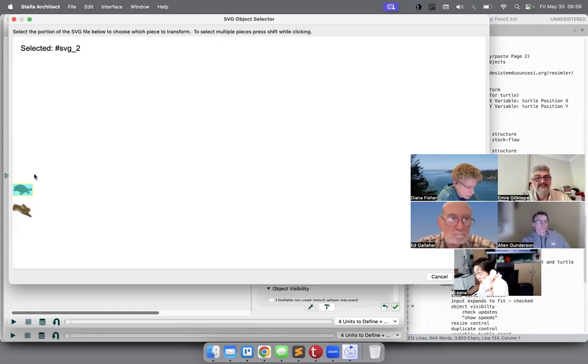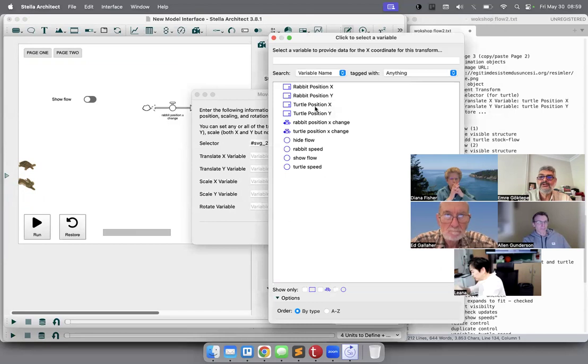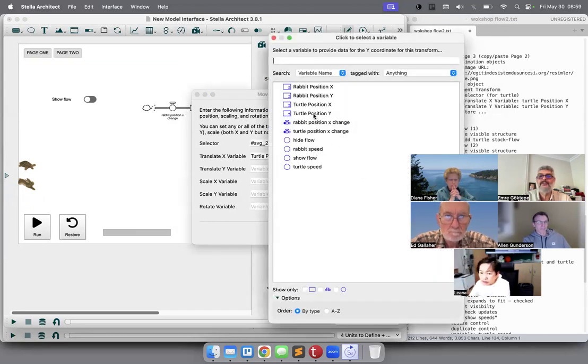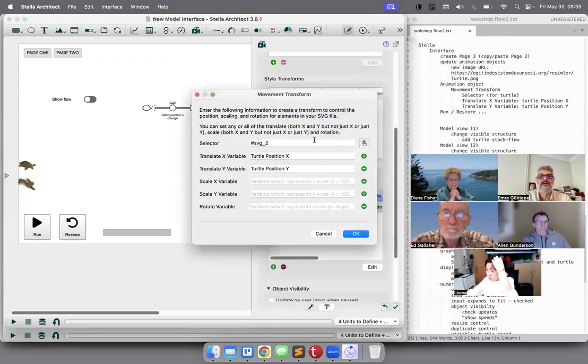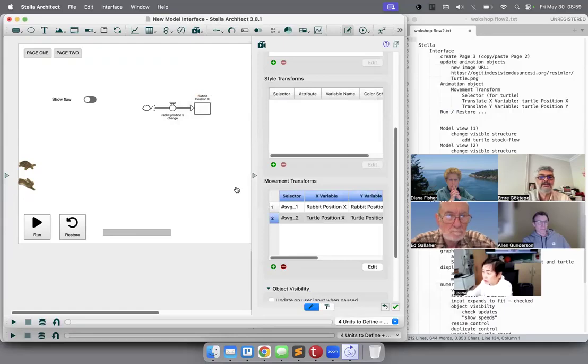So when I select SVG2, the turtle, and OK, I know that now I'm going to give the links for the turtle. So turtle position X and turtle position Y. When I say OK,